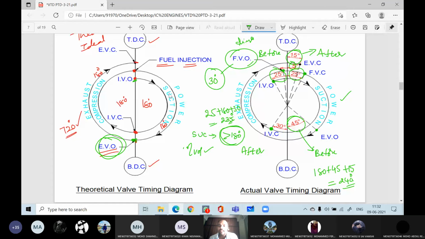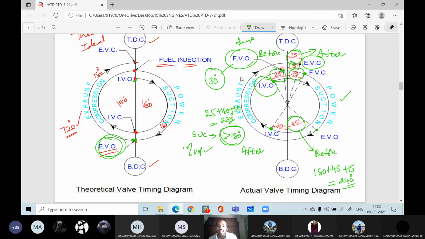Now what will happen if the exhaust valve is opened before and closed after? We are giving more time for the exhaust gases to escape from the engine cylinder, so that fresh charge can enter the cylinder. If you observe, the inlet valve is opened before the exhaust valve closes. I can say the exhaust valve is closed after the inlet valve opens. So, sir, will the exhaust leak through the inlet?